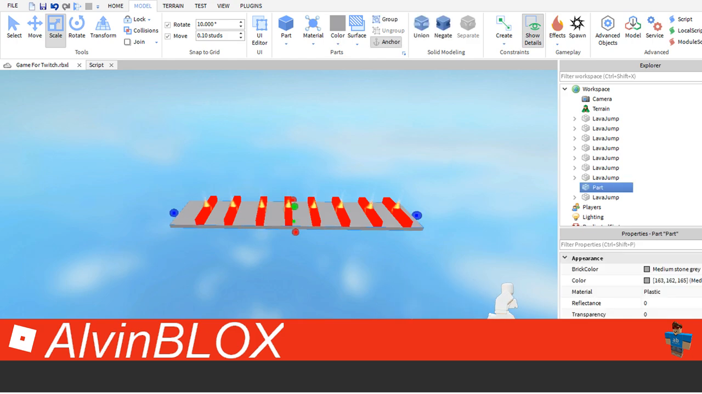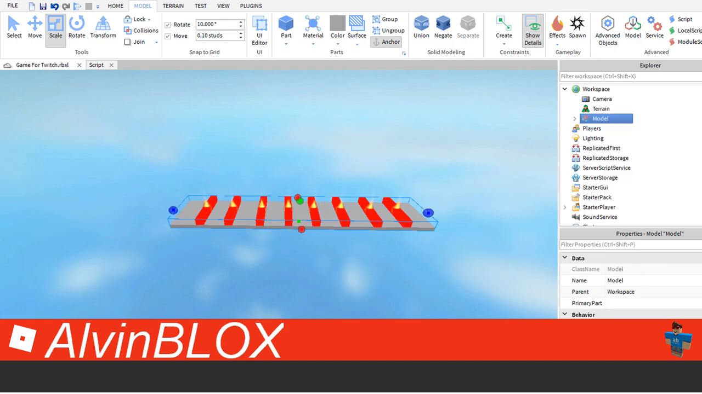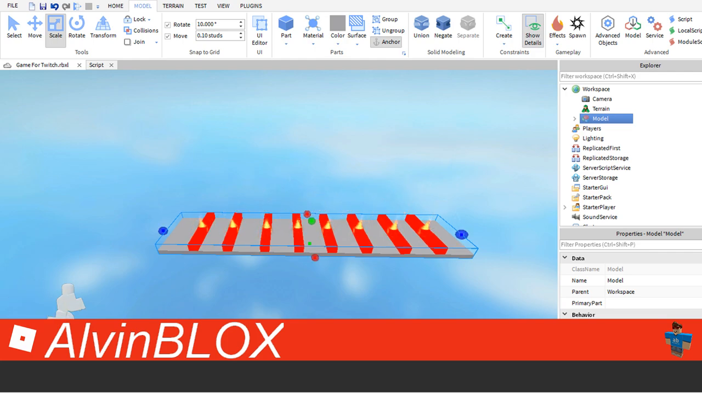So now that we've got our first obstacle completed, what you can do is select all of these parts, and you can just press Control G, and this will group them together. And this means that when you try and drag the whole thing, all the lava parts will move with it, which is quite cool if you want to put all of your obstacles into segments, if you wanted to move them around and change things up a bit. So I just like to group everything together, and we can change the model name to lava jumps. So that is our first set of obstacles,